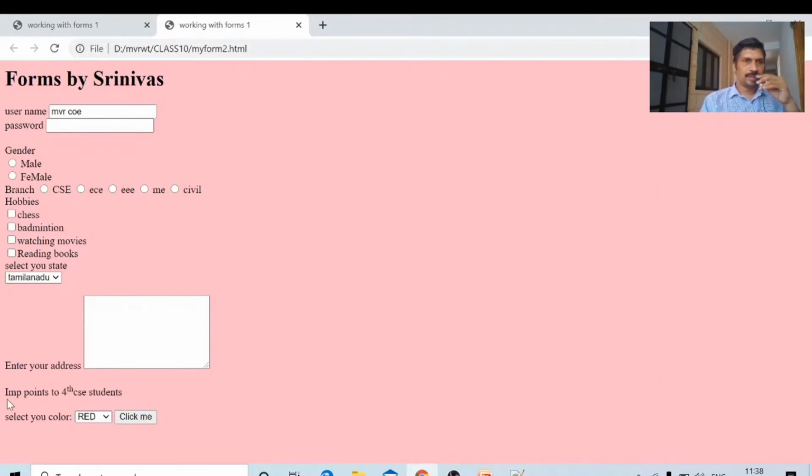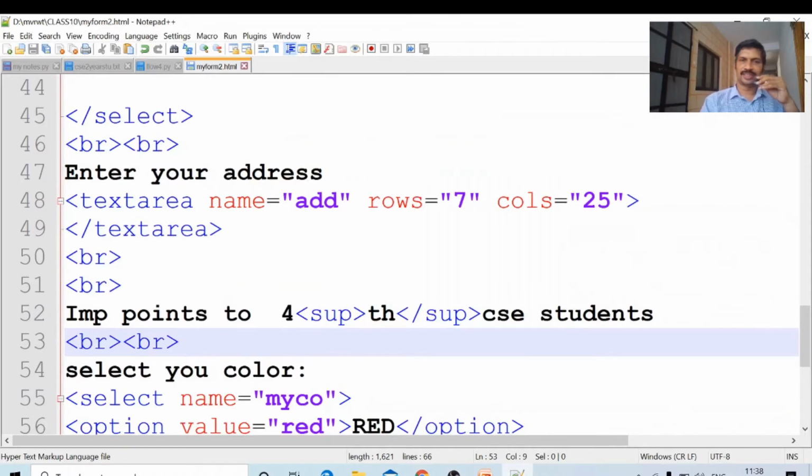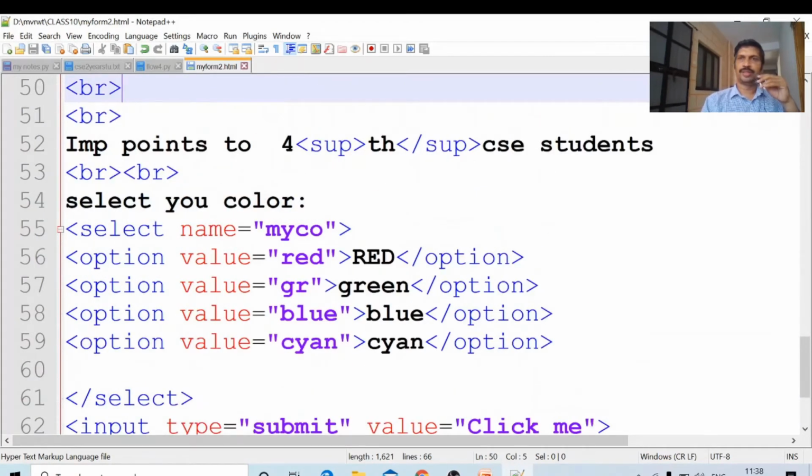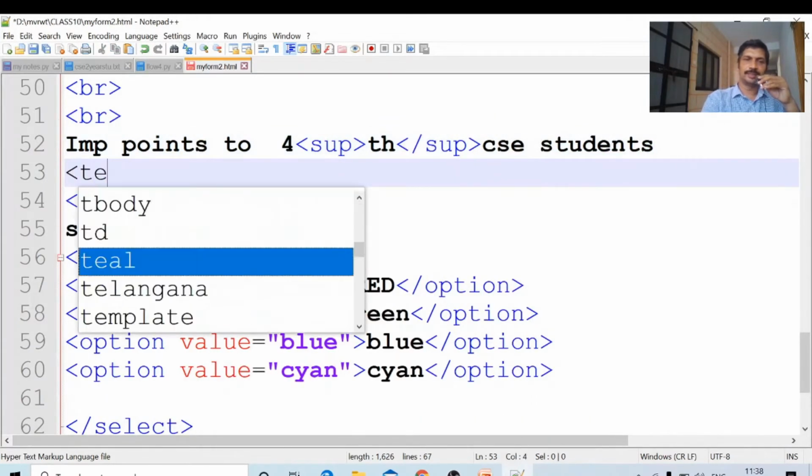Okay, important points to 4th CSC students. I want to display a text area here also. How to display a text area? This is the command for text area. Text area, important points. Where is it? Here, important points to CSC students. I will write the text area here.